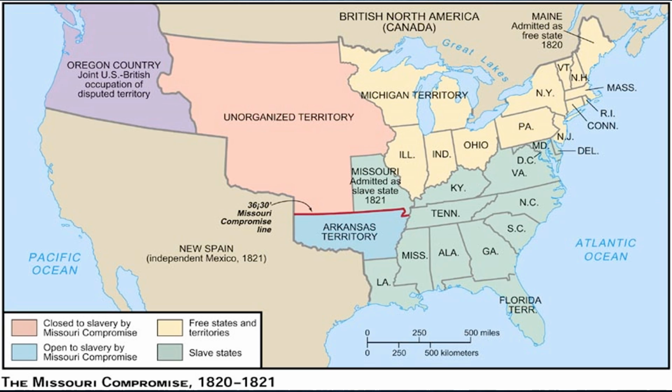And so when Missouri requests statehood, they want to become a slave state. So if the United States had allowed Missouri to come in as a slave state, it would have tipped the balance of power in Congress, and it would have allowed for the slave states to have more representation, which means any time an issue of slavery came up, whether it was about the institution itself or whether it was about the westward expansion of slavery, which is what we see here,